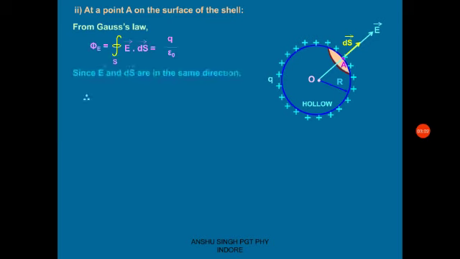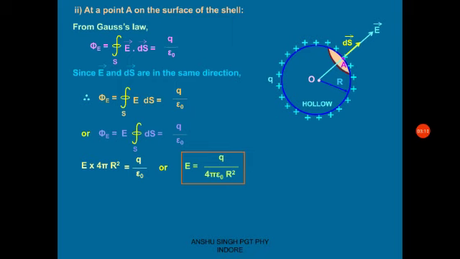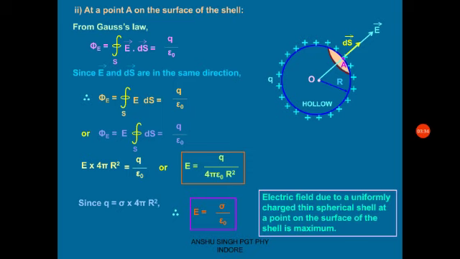So the expression is, कितना हो जाएगा expression? Very simple. Expression is E is equal to 1 upon 4 pi epsilon 0 q upon capital R square, क्योंकि इस बार हमारा गॉसियन सरफेस का जो रेडियस है, वो कैपिटल R है. That's why the expression. Again your shell is behaving like a point charge as if the whole of the charge is concentrated at the center of the Gaussian surface. If you want, you can write the expression in the form of sigma, that is surface charge density.